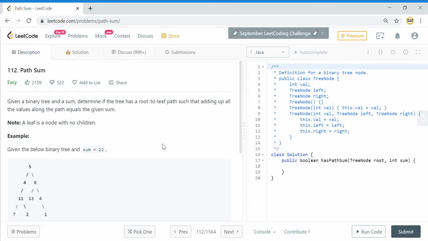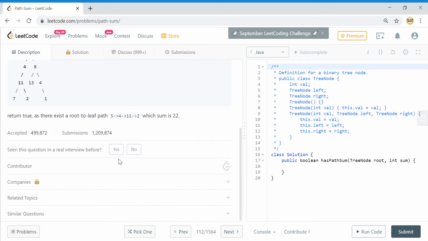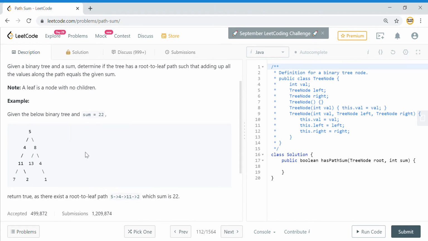So let's jump into the solution and yes, I hope the problem is clear with you guys. So we are given a binary tree here and they have given a target sum also. So if you see, the target is 22 and this is the path from the node to the leaf, which will give me the sum 22. And if I don't have any path which starts from this root till the leaf, then in that case we need to return false, saying that no path exists which has the sum equal to this target sum.